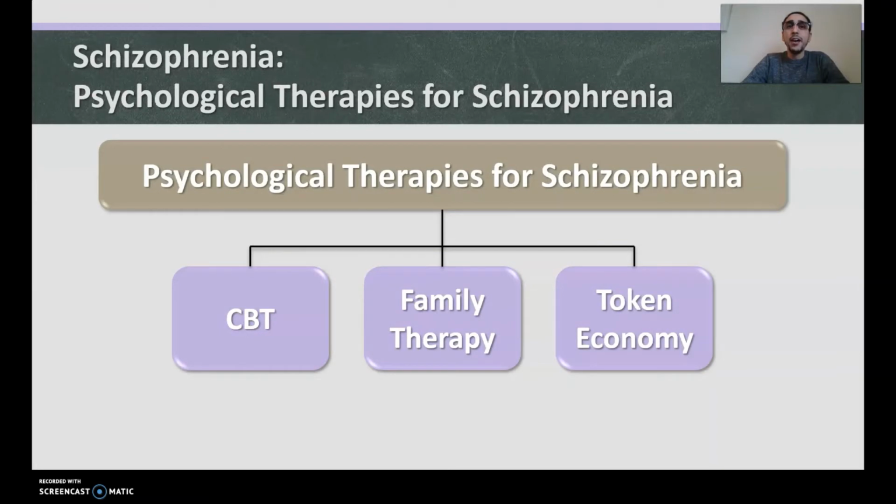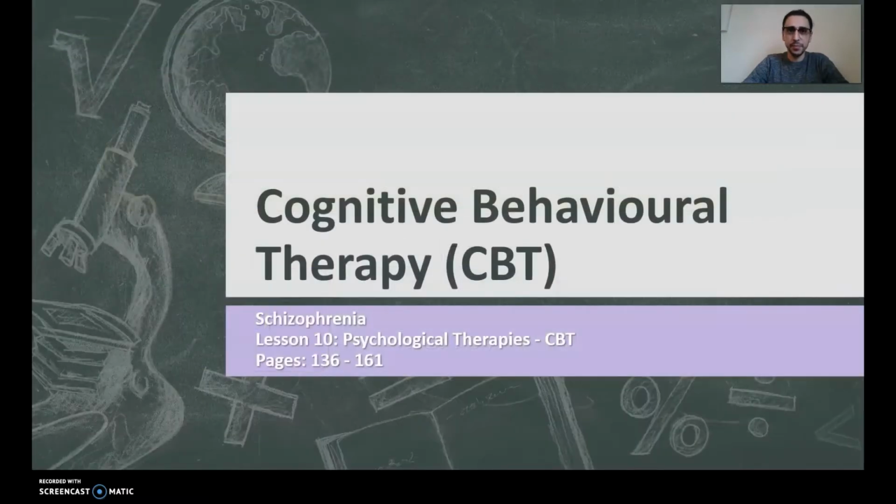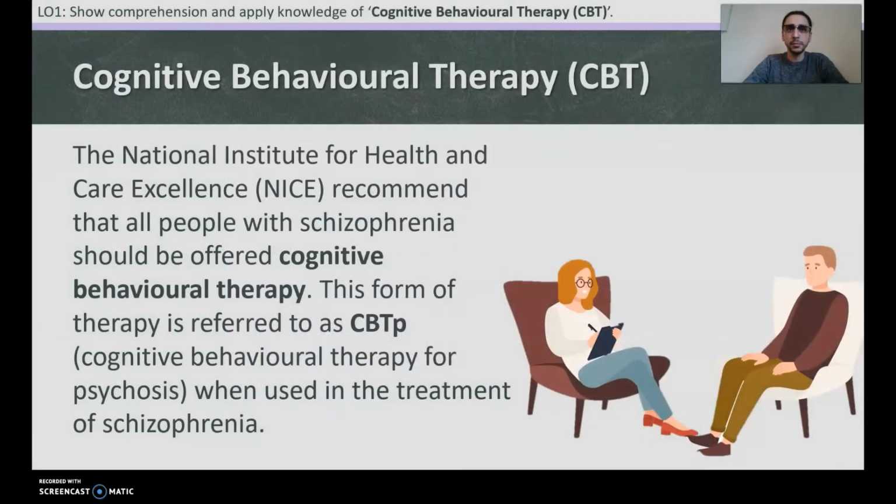Right. We're starting to look at psychological therapies for schizophrenia, and we're going to spend 3 lessons on each psychological therapy: CBT, family therapy, and token economy. Today, we are having a look at CBT, cognitive behavioral therapy. The National Institute for Health and Care Excellence recommend that all people with schizophrenia should be offered cognitive behavioral therapy. This form of therapy is referred to as CBTP, or cognitive behavioral therapy for psychosis, when used in the treatment